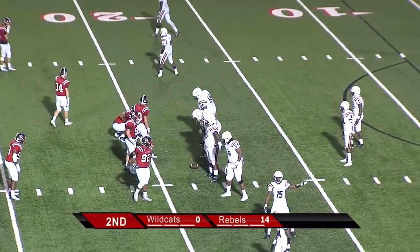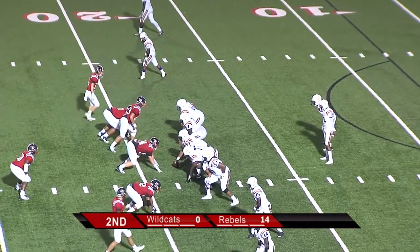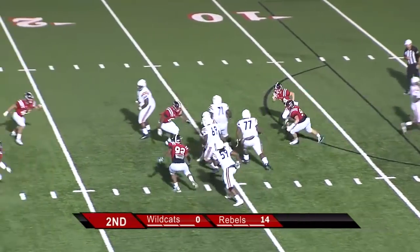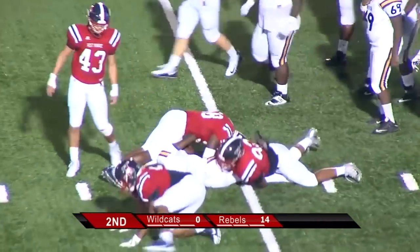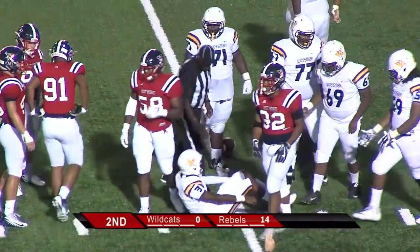Yeah, credit them both. Green in the shotgun for the Wildcats, 2nd and 11. Booker in the backfield with him. 4 wide receivers. He's looking to throw. Here comes pressure. Swanner on the pressure. Malcolm Moore will wrap up and make the tackle. They actually get a couple of positive yards